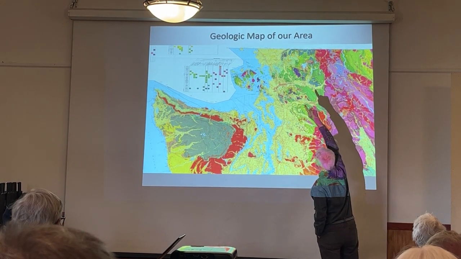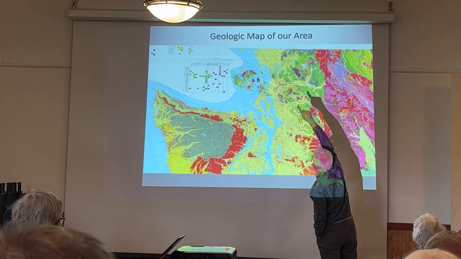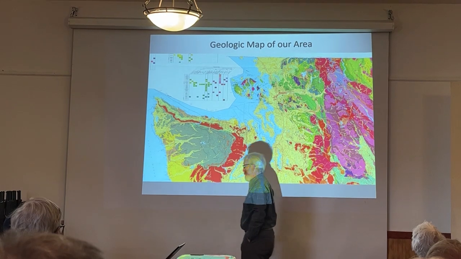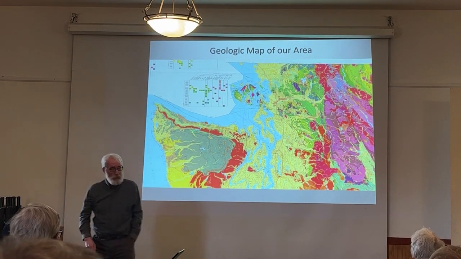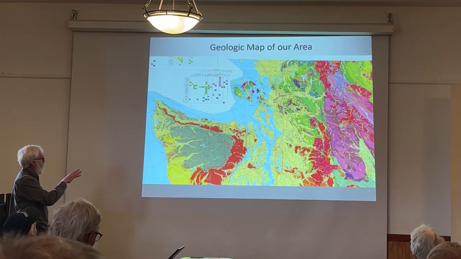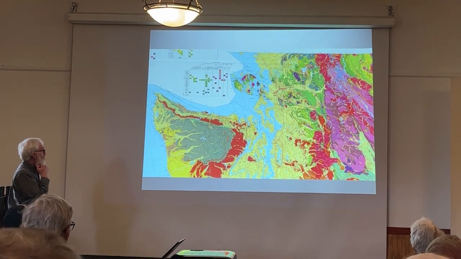Mount Baker is up here, and you see that blue blob right there? That's called the Twin Sisters. And two slides from now, we'll talk about that a little bit more. The next slide, look at the Olympic Peninsula, okay? The next slide will show you, tectonically,